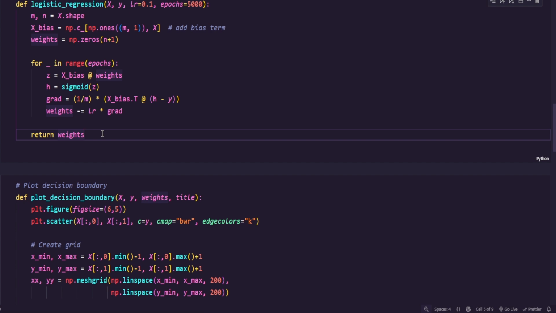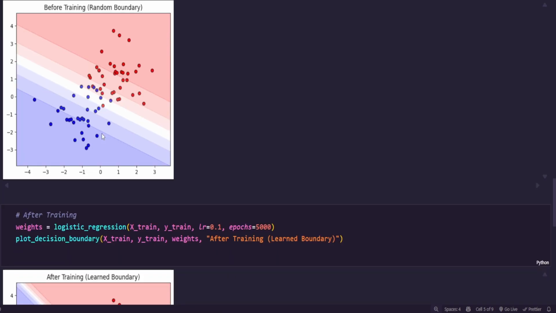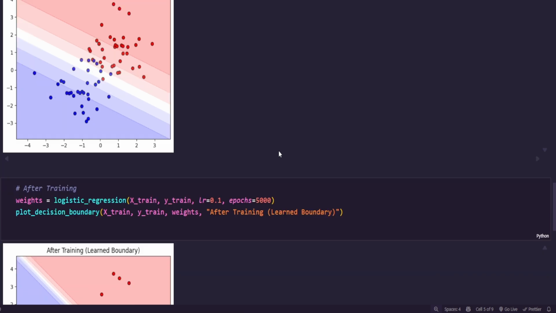decision boundary. Now, before we train our logistic regression model, let's take a look at how things look with just a random decision boundary. In this plot, you can see the blue points for class 0 and the red points for class 1. The shaded background represents the model's current decision boundary, but since we have not trained yet, it's basically just random. Notice how this boundary doesn't really separate the two classes properly. Many red points are on the blue side and many blue points are on the red side. This shows us why training is important. Right now, the model has no idea how to classify correctly, but as we train it using gradient descent, this boundary will gradually shift and adjust to separate the two classes more accurately. So this is our starting point, a random guess. Next, we will actually train the model and watch how the boundary improves.